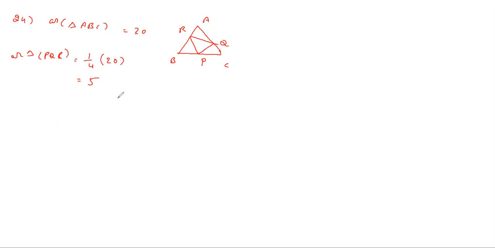Centroid, 3 times. This is 4 times. Delta 1 is the area of the triangle formed by the centroid and the 2 vertices. Delta 2 is the area of the triangle formed by the midpoints. Then what is the ratio of delta 1 to delta 2? If you consider the centroid and 2 vertices, then what is the area? Total area by 3. Midpoints, 1/4. So what is the ratio?